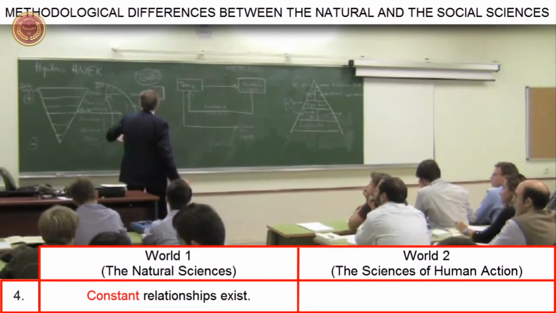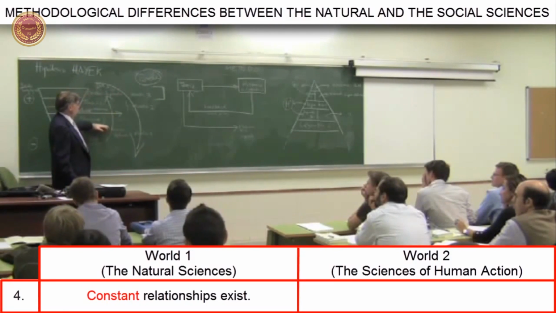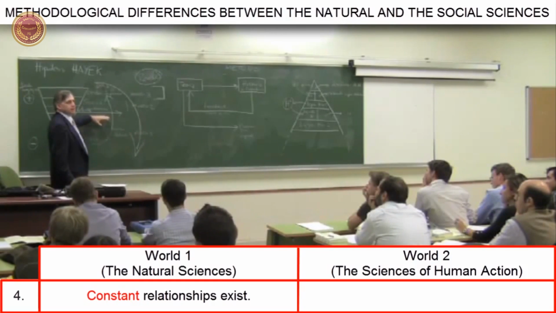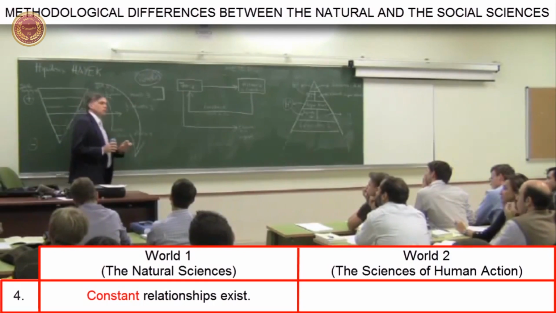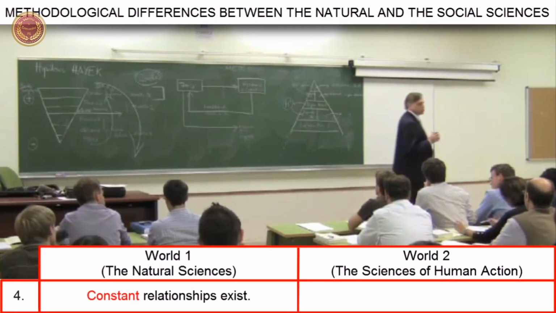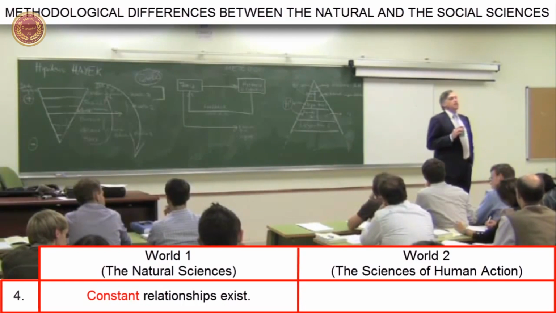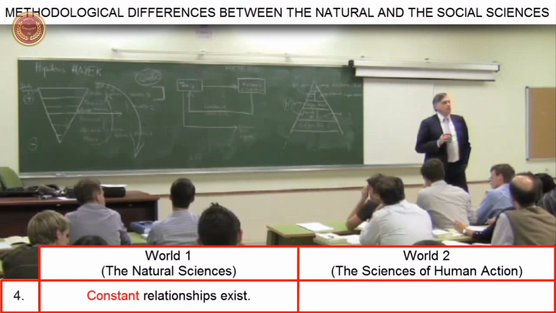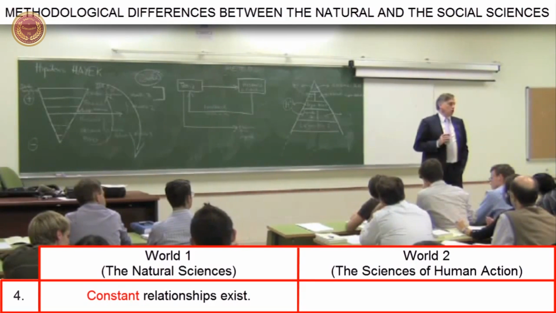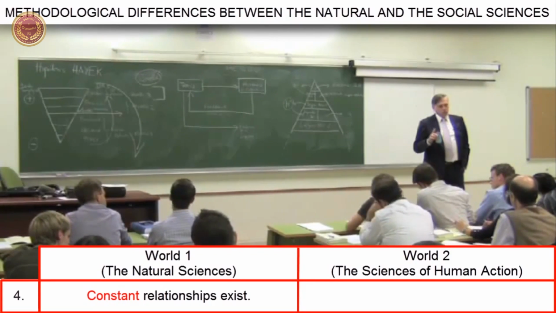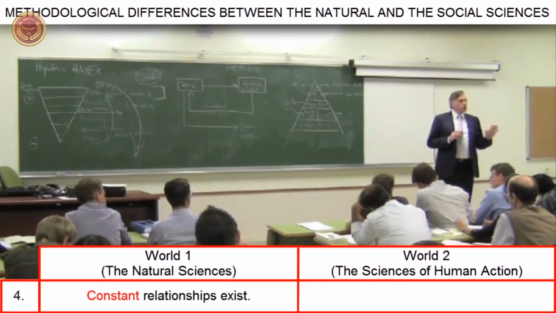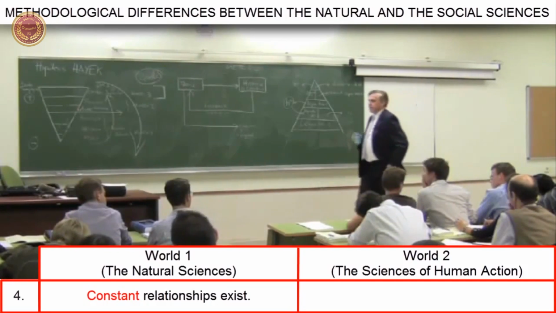It's true that when we approach more complex phenomena, constancy is no longer in absolute terms, but in probabilistic terms. For instance, we know that in 80% of breast cancer cases treated with a certain type of chemotherapy, the cancer is cured, and it isn't cured in the other 20%. Nevertheless, the results do reflect constancy, though in probabilistic terms. Well, this is another point of radical difference with the world of the